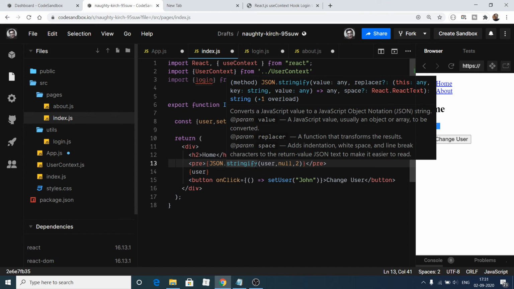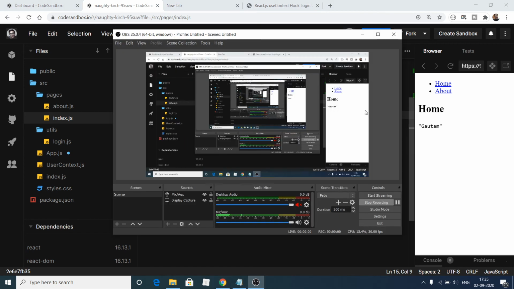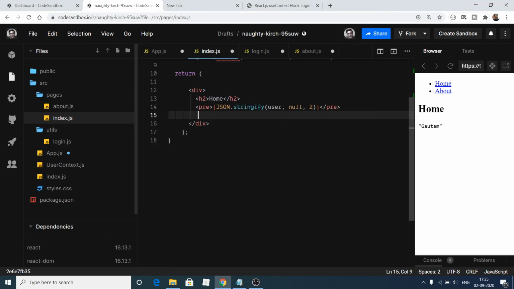And now after printing this, we will make use of a ternary operator if the user is present. So after this user we will put a question mark here. If the user is present, then we will print a logout button.